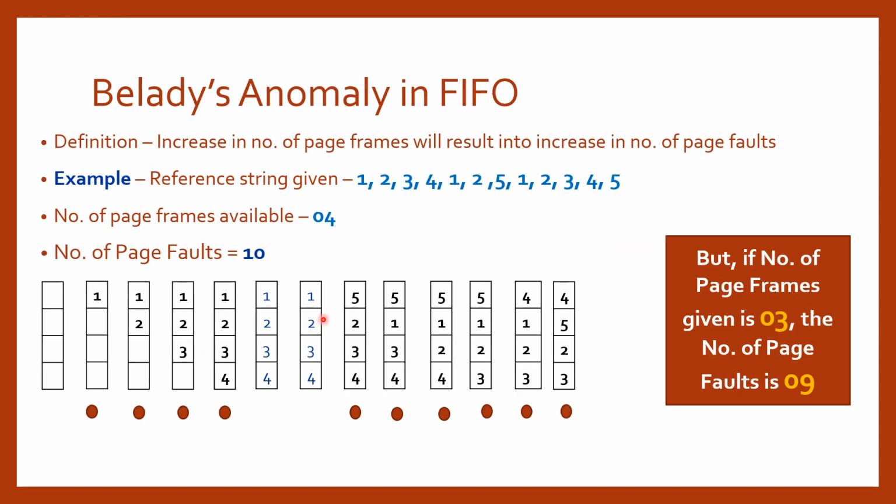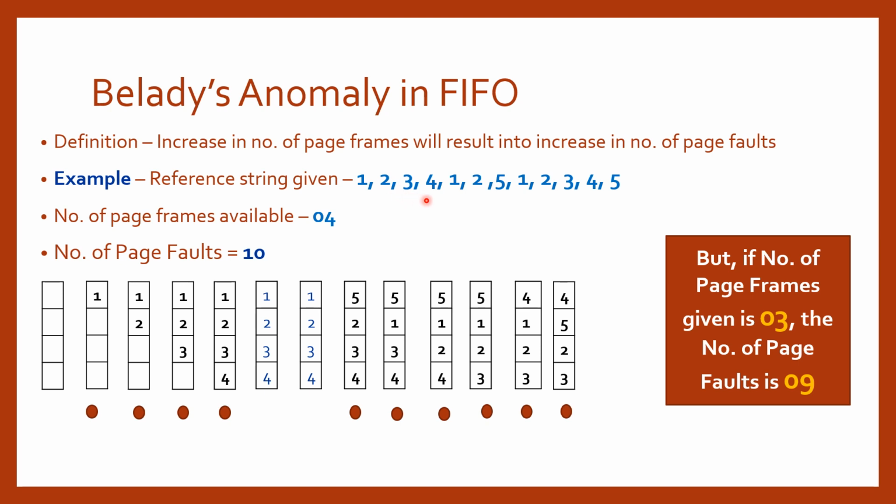What is Belady's anomaly in FIFO? It is one of the drawbacks of FIFO. Sometimes the reference string is such that when we increase the number of frames, it results in an increase in the number of page faults. It does not happen every time in FIFO, but sometimes the reference string is like that. Reference string means the requested pages are such that if we accommodate them in an increased number of page frames, it results in an increased number of page faults.